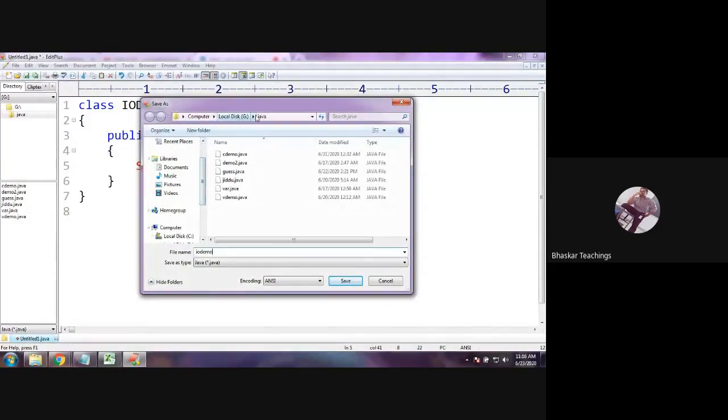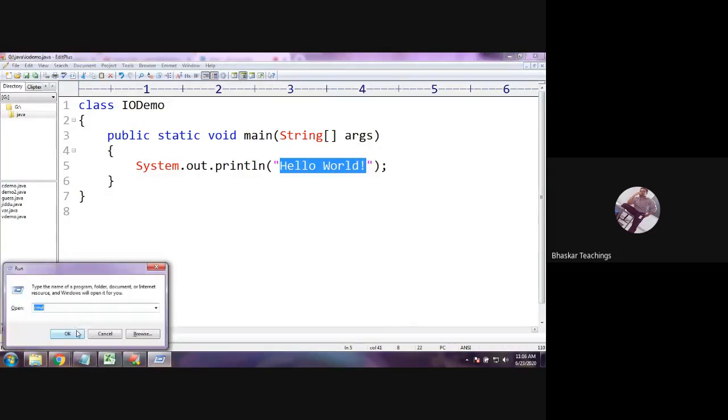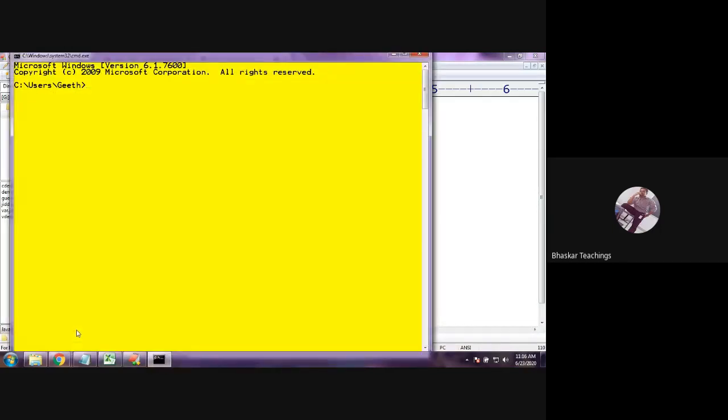The same folder. The directory is changed now. Local disk G it is now. Okay, fine. So IO demo. Go to the command prompt. I have changed the color and the size. G, right? Okay. cd java.